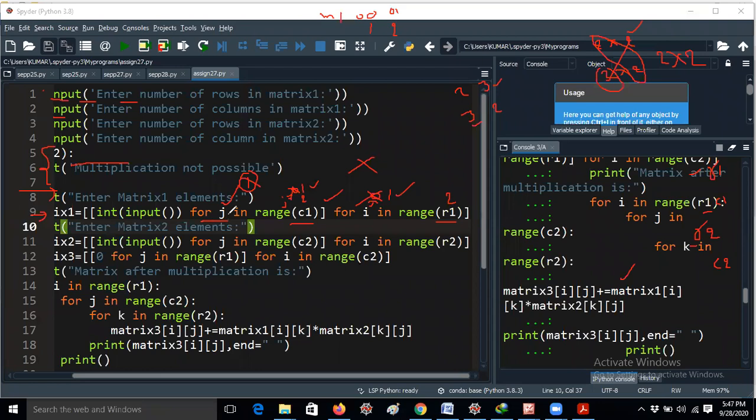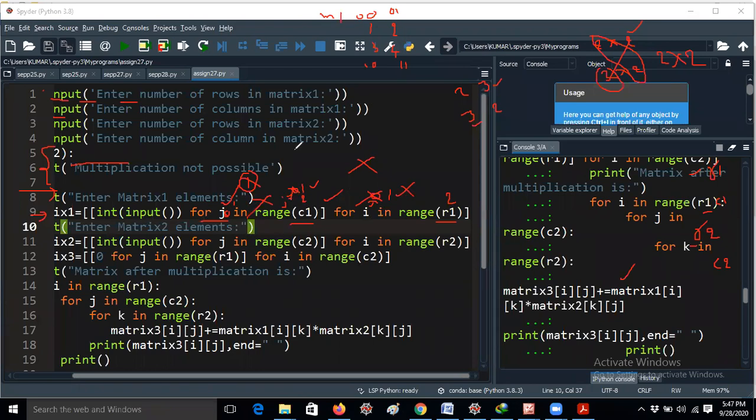Then again, whenever you go to the inner for loop, j again takes 0 only, because it is the inner for loop. So now 1, 0. That means whatever value you are giving, like number 3, will be stored. Number 3 will be stored in the 1, 0 position. 1 is the ith position, 0 is the jth position. And next, j will be incremented to 1, guys. That means now the next value I am giving is 4. That will be in the position 1, 1. Now the j iteration condition failed because j iterations 0 and 1 are completed and i iterations are also completed.